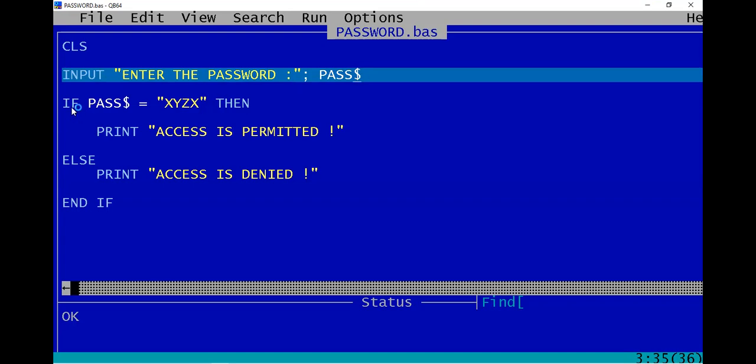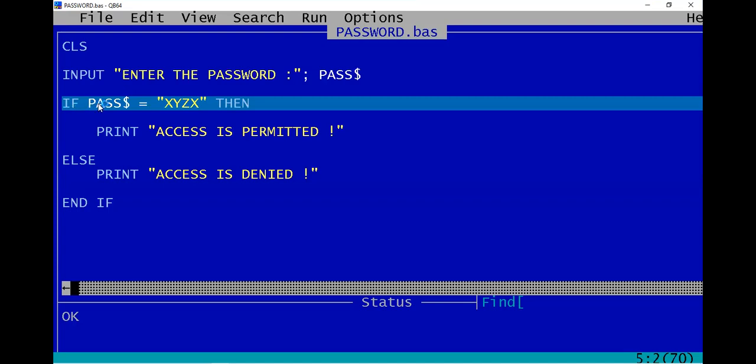The second statement is an if statement. What is the use of this if statement? In the last example, we have already seen we may wish to do something else if the condition is false. To overcome this drawback, we can make use of the if then else statement. In this statement, if the result is true, then the instructions are executed. If not, the else instructions are executed. That is the use of this if statement.